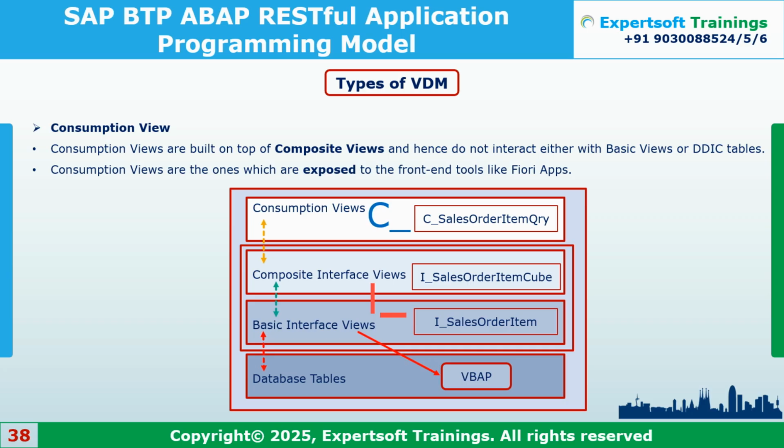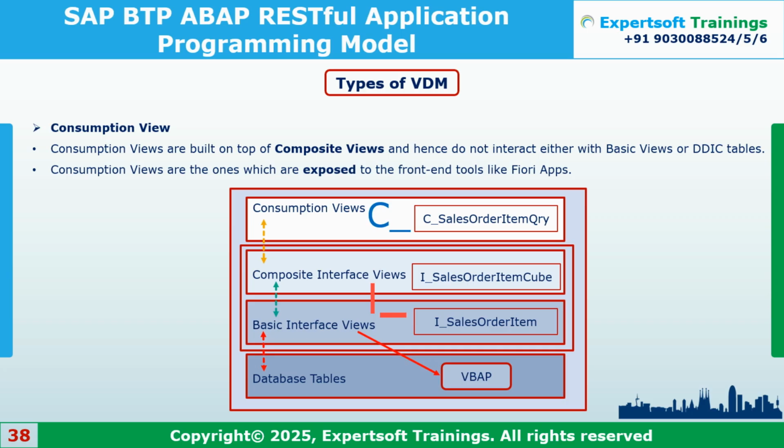So multiple annotations can be effective in the composite view rather than the basic views. Because if we have some analytical concept directly on top of the basic views, ultimately it is accessing the database table directly, so it will be less effective. But when we have all the analytical operations, multiple annotations, and whatever we have in the core data services, built-in functions and all, on top of the basic views, then it is much more effective.